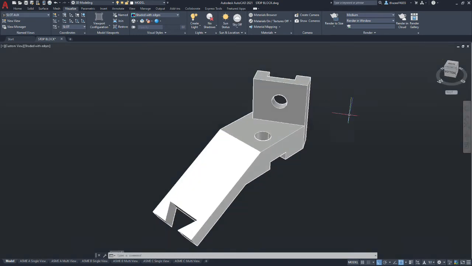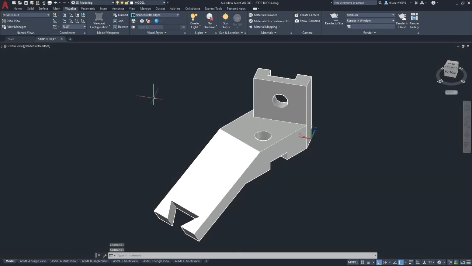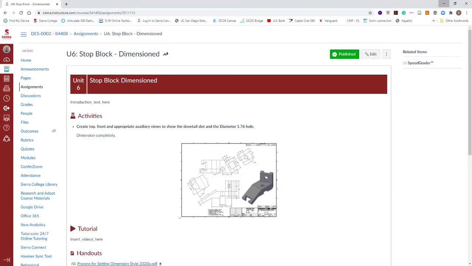Let's go to a home position and make sure you're in parallel. Let's start with setting up our primary views. So if we go back to our plan, we need a view for the front and a view for the top. And then we're going to have an isometric of the model.